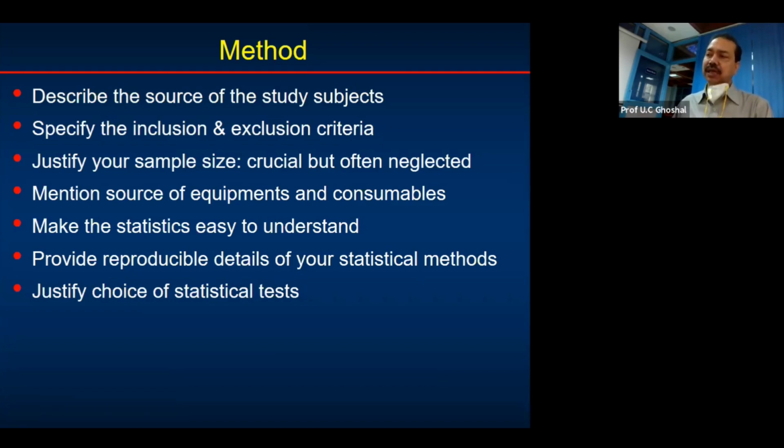Justify your sample size. Mention source of equipment and consumable. This is very commonly neglected. If you are using a kit, let us say a microscope, an endoscope, or a CT scan, you have to, within brackets, tell the manufacturer name, the city where the company is located, and